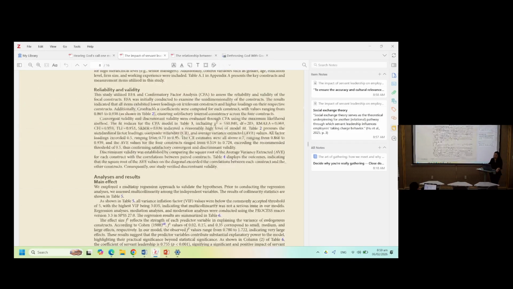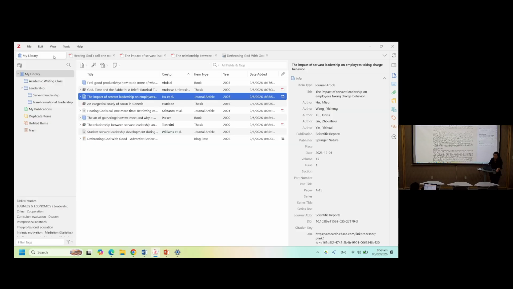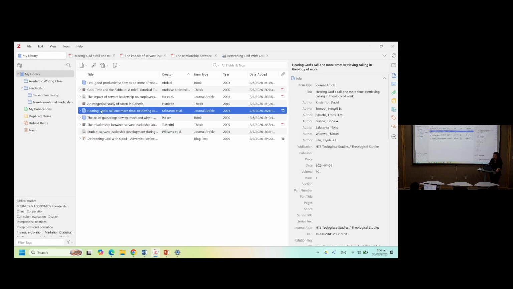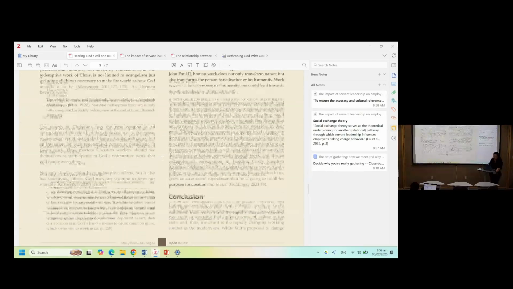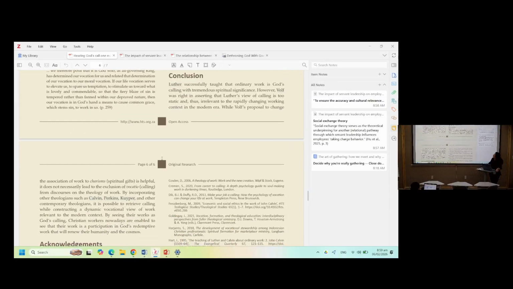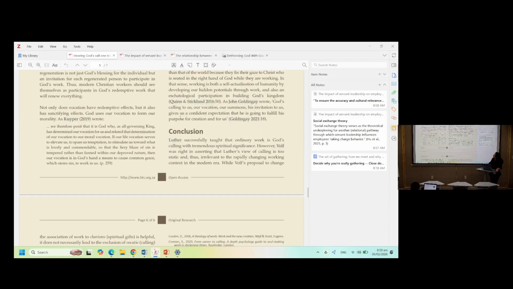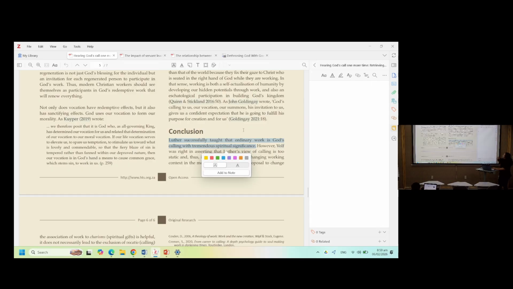Okay? So if you want to, let's look for another example. So say I'm here and I want to quote this part. So again, there's no item note yet in this article, so I'm gonna just add item, and then click add to note. Then it will be here.